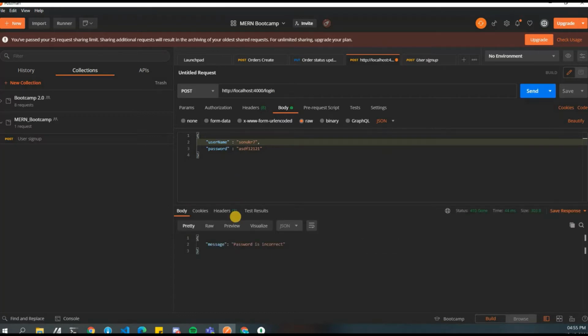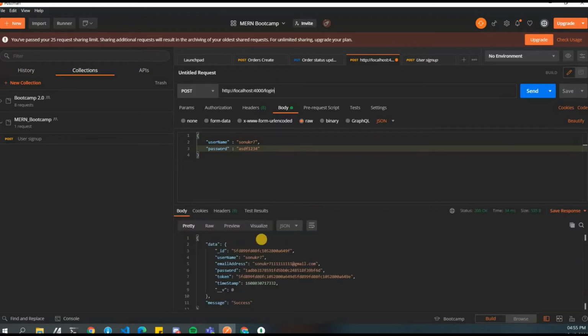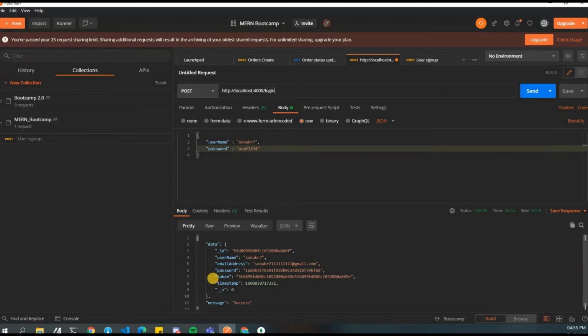Oops, password is incorrect because we didn't provide the correct password. So things are working fine, right? Things are working fine over here. So nothing is breaking. Once we give, see, it provided you the complete data that you want. You just have to store this token for future purposes. So it's working completely fine.